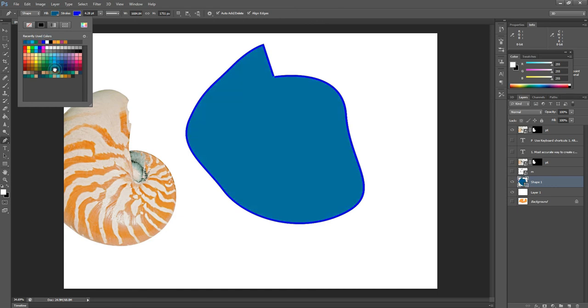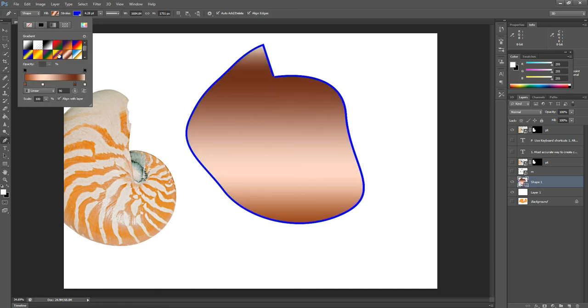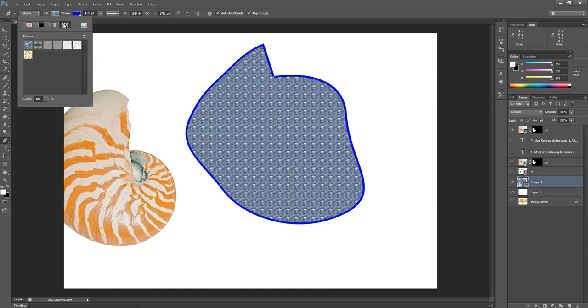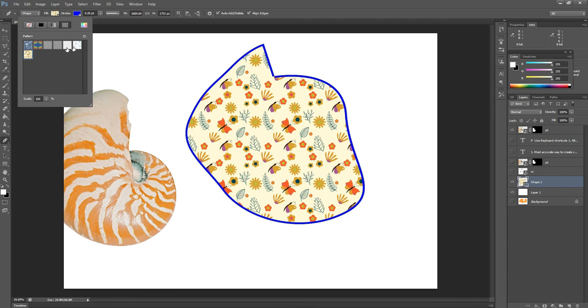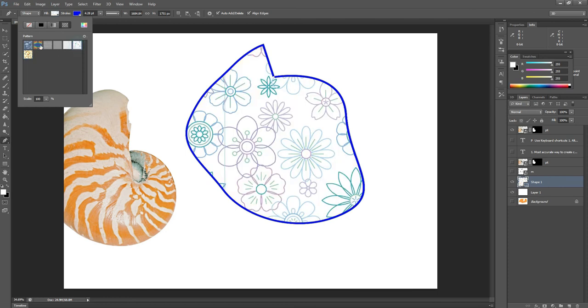So it's a very easy and simple way to create any shape. We can also fill gradient color in our shapes, and we can also change the gradient. We can also fill patterns. So lots of options in this.